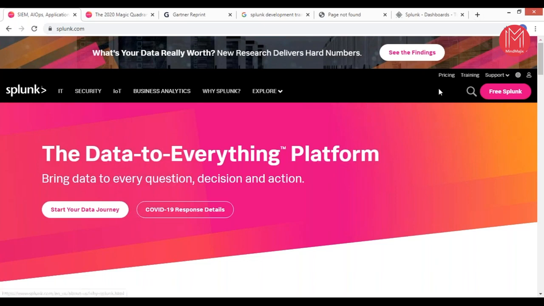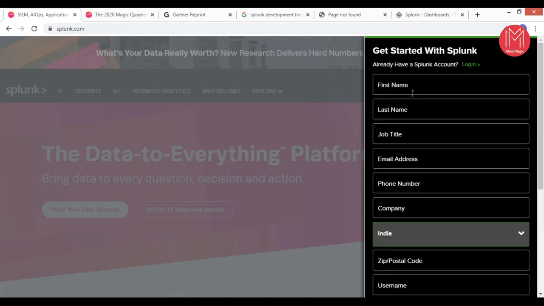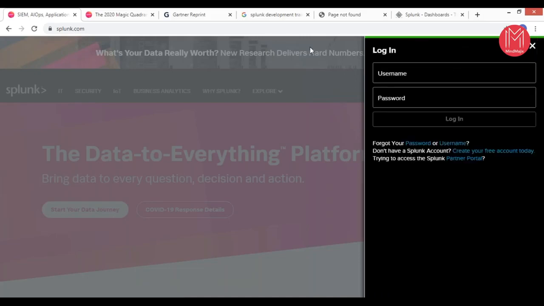To use it, you need to click on Free Splunk. The moment you do, it will ask you for a username and password, which you need to create with your own details. So let me feed in my username and password quickly,